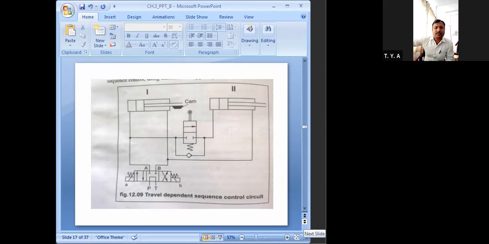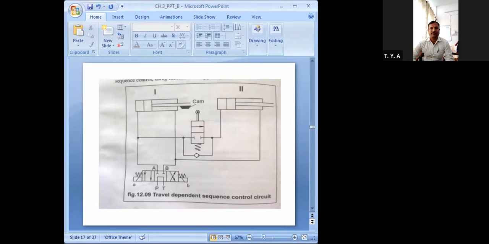Understood or not? Please tell me. Pressure dependent sequence control valve and travel dependent sequence control valve.